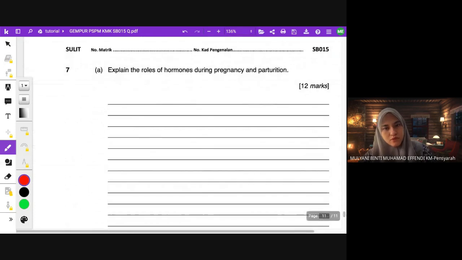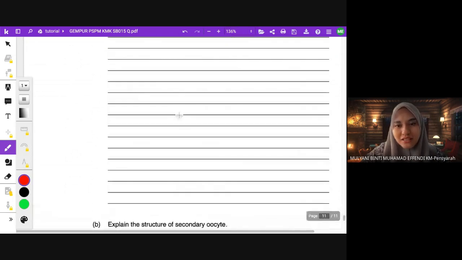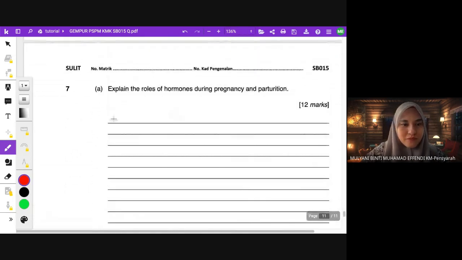So next, explain the roles of human hormones during pregnancy and parturition. Okay, so 12 markah. So you imagine lah satu soalan sahaja. Dua. Okay, dua. So 7. During pregnancy. So during pregnancy ni kita nampak awak kena cerita 3 trimester tu. So first trimester apa yang berlaku tu kena cerita jugalah. So first trimester. So point pertama dia